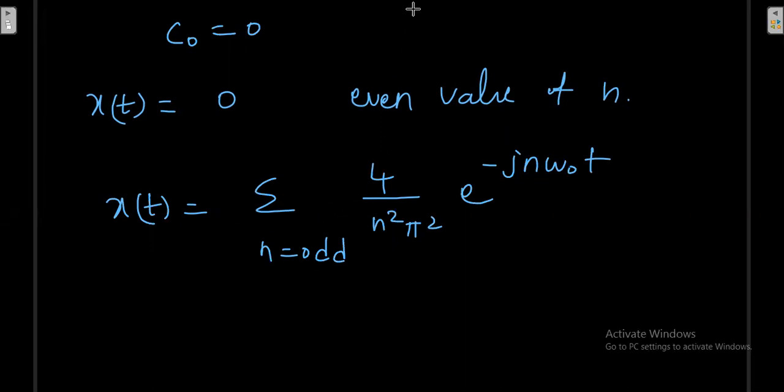So in this example, they are given the even signal. Even though this is an even signal, the average value of the signal is 0. Then we are getting the expression for Cn. In the Cn also, for even values, Cn becomes 0. That means finally, only for odd values of n, we are getting the exponential terms. So when you expand, you no need to put the even values. Once you put odd values, that's enough for the Fourier series expansion. Okay, so next we'll take the other example